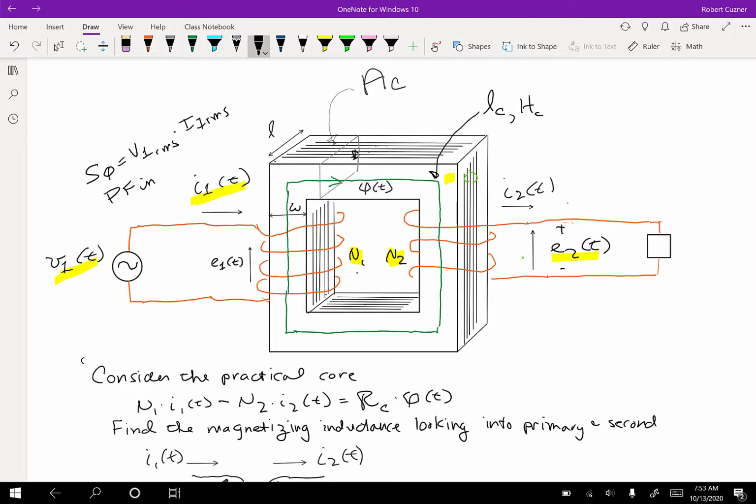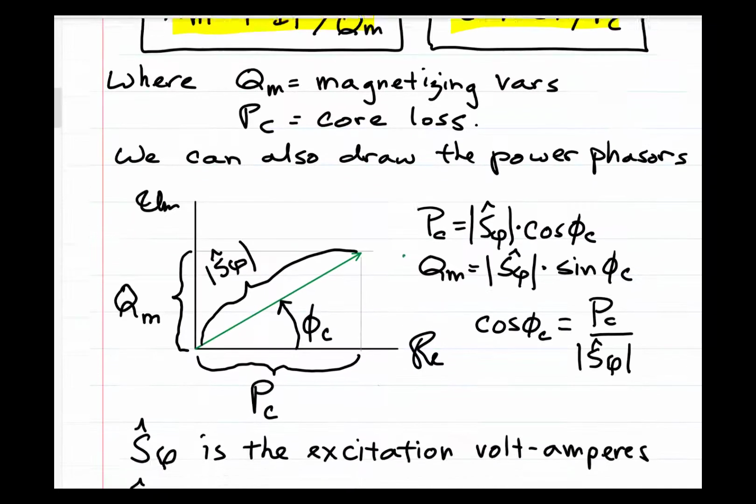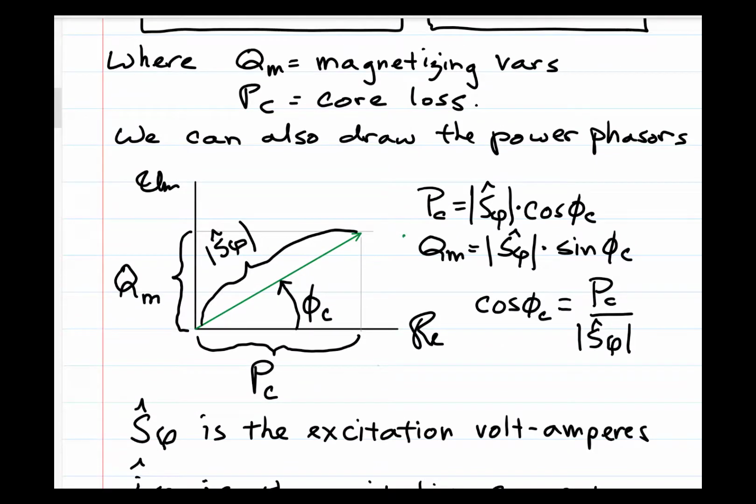And this would have been sufficient for us to find, or at least estimate, the magnetizing reactance and the core resistance. Now, in performing this power measurement, we recognize that, since we could measure the input power factor,